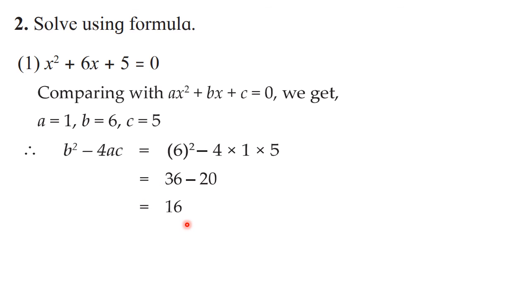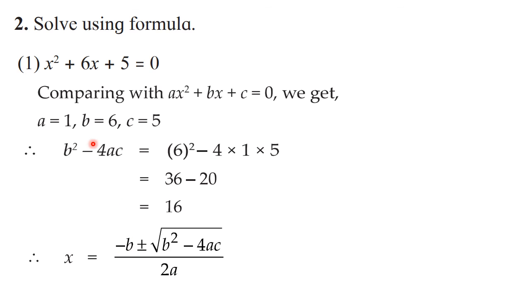Afterwards, we have to write down the formula. So we know the formula: x is equal to minus b plus or minus under root b square minus 4ac upon 2a. It is compulsory to write down the formula. The formula carries half a mark, and substitution is done in this formula. So if you are not writing the formula, then logically you are wrong. So you need to write down the formula. Keep this in mind.